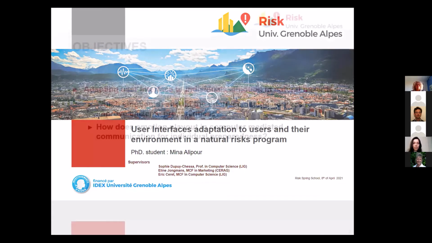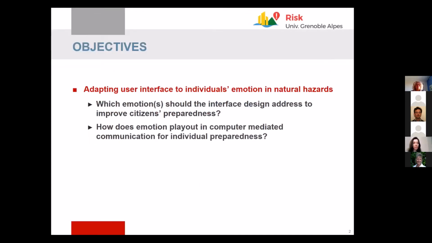So we'll start with the objectives of my research. As my research is interdisciplinary, I have outlined my research objectives into categories. The first category is in human-computer interactions, and the second one is in marketing. So in human-computer interactions,